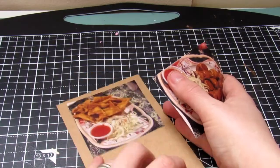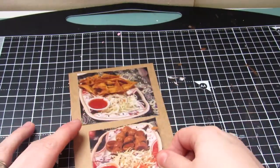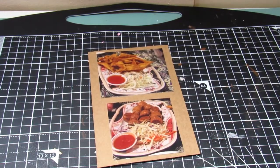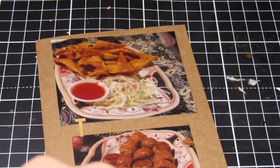There we go, and oh, the food there was incredible. So there we go, we're just sticking that on there. And then again, I go in my stash and pop on some stickers and write Thai food in between the food there, just to kind of give it a little bit of context to